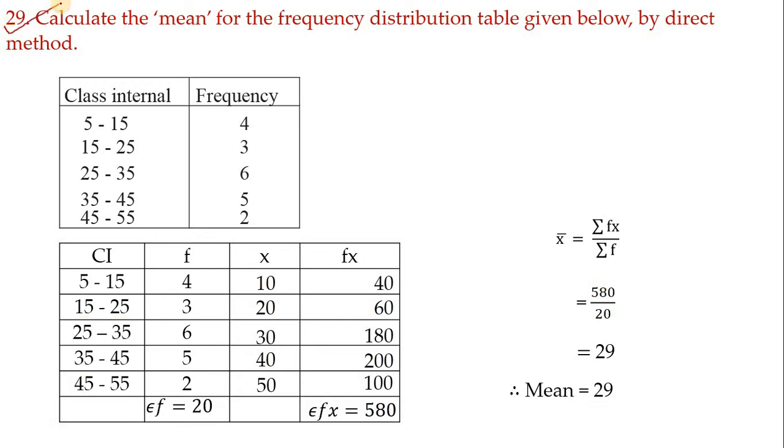Children, I am repeating here. See, this kind of problem you will definitely get in this year's examination. Hence practice well. See, how to prepare the table is very important. We have to prepare a table of 4 columns. Among them, 2 columns are there in the problem itself. The third column is for x and the fourth column is for fx. Next use this formula: x bar equals sigma fx by sigma f. Substitute the values and simplify, you will get the answer. Next let us move on to another problem.